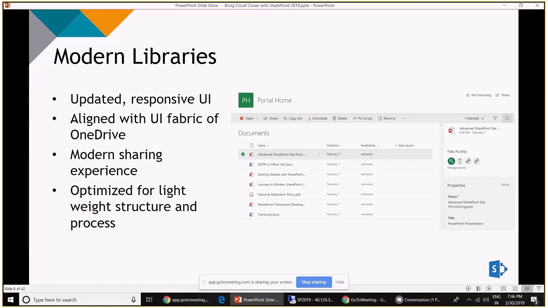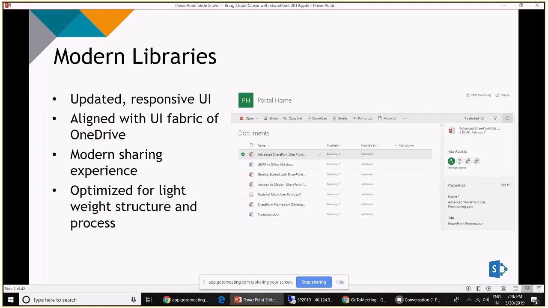The ribbons are now replaced with the command bar itself, like here you can see. Then we have some noticeable enhancements, like the command bar supports copying and moving of the files. Even the files can be pinned at the top. Then again, we have a new filtering experience, and then view can be changed inline without going to the list